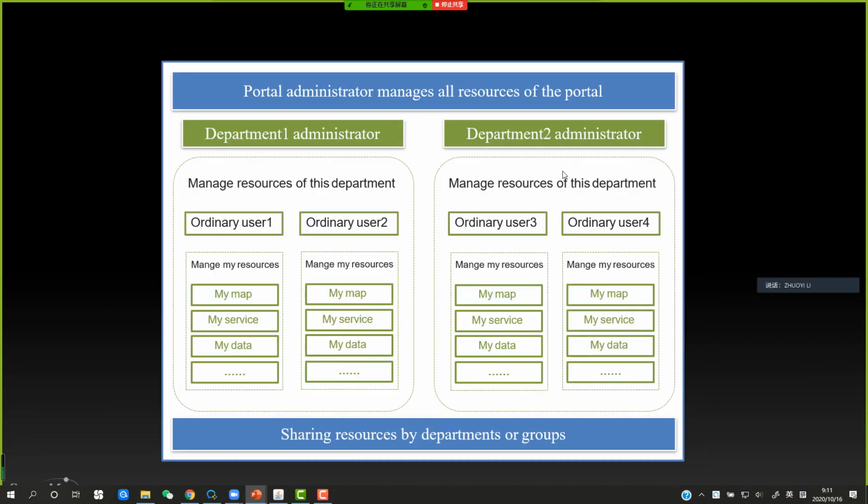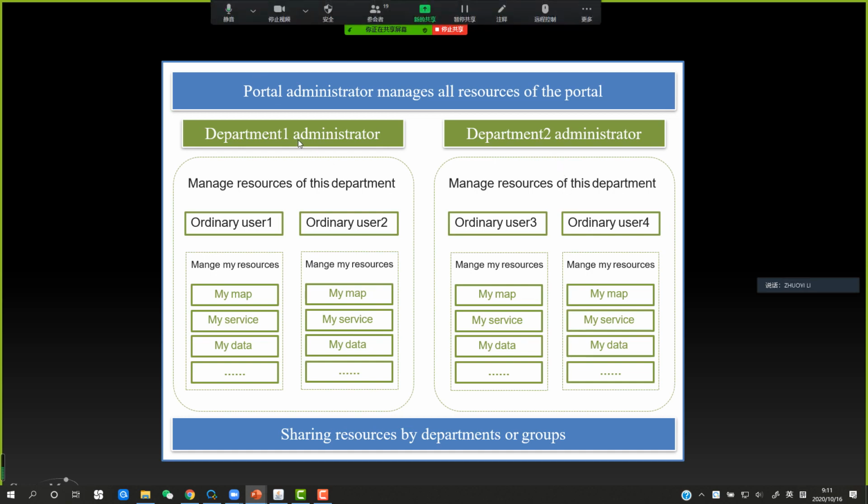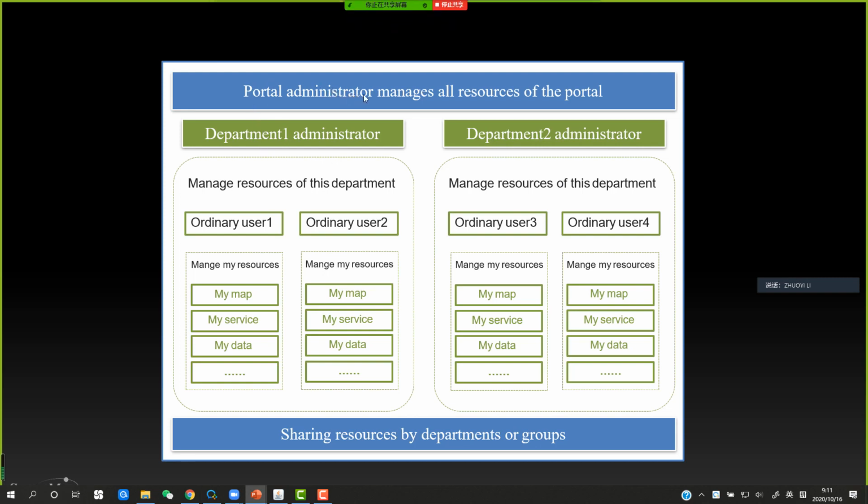Okay, and that is a way to manage our resources, and that is how the portal administrator manages all the resources of the portal. So you could create group one for the department one administrator, and in the department one administrator you could create ordinary user 1 and ordinary user 2,